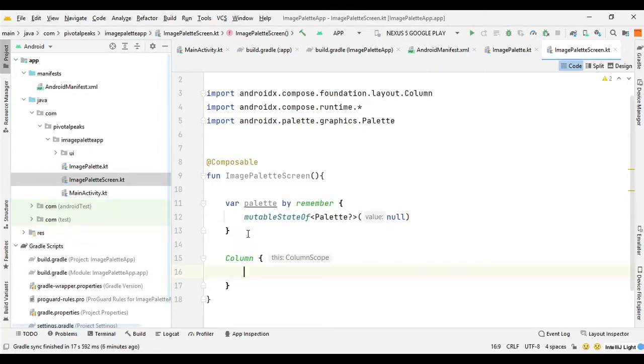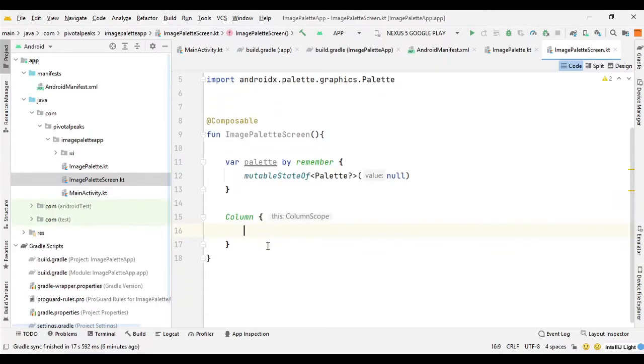So let's get into the column and bring the image palette. So here we can say ImagePalette, and for that we need the URL and modifier and bitmapPalette. So let's pass them one by one. So inside the ImagePalette constructor we can pass the URL first. For the URL you can pass any image URL from the web.